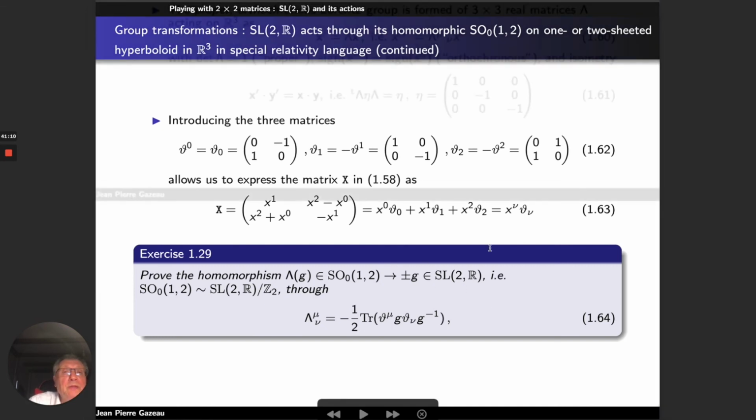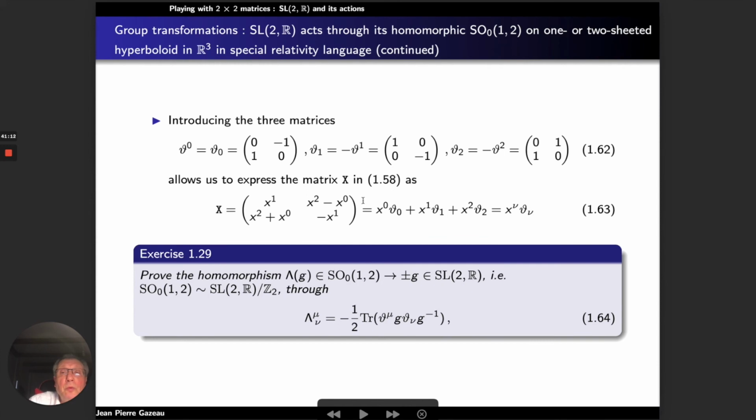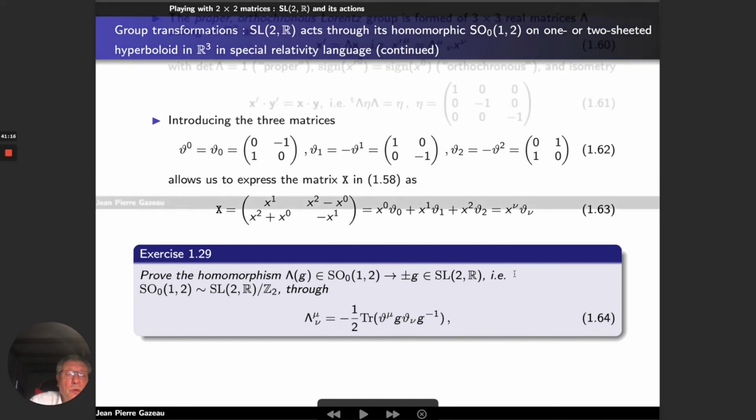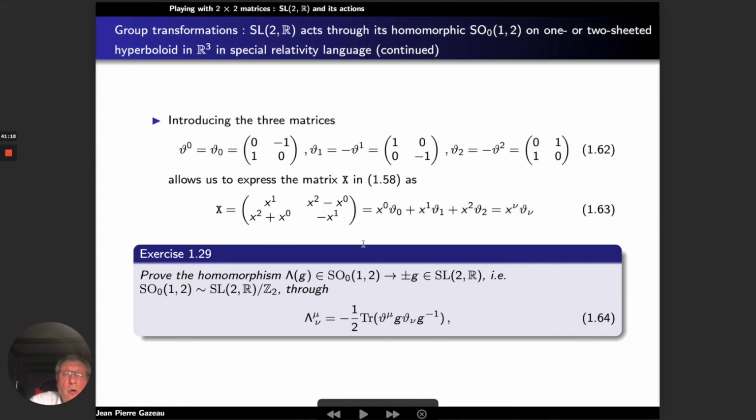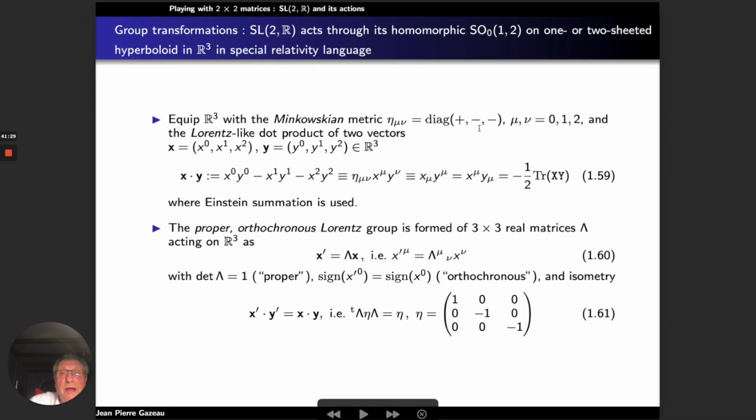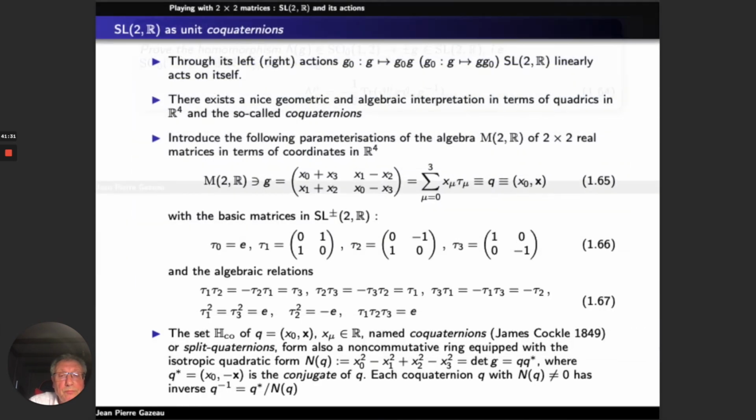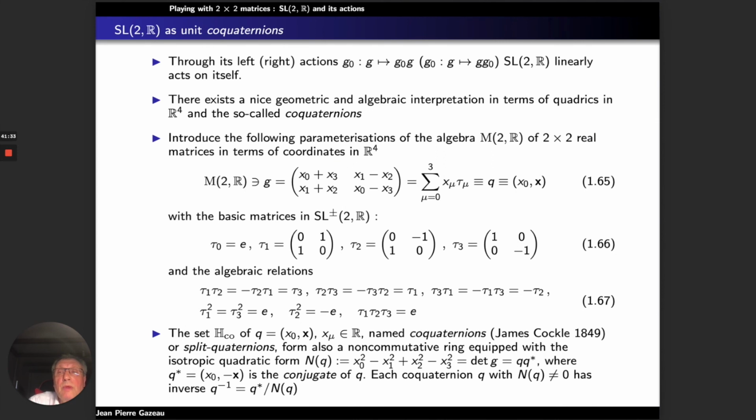SO(0,1,2) is precisely the subgroup, the Lorentz group, proper orthochronous, of R3 equipped with the Minkowskian metric we defined in the previous slide. Now, let's consider